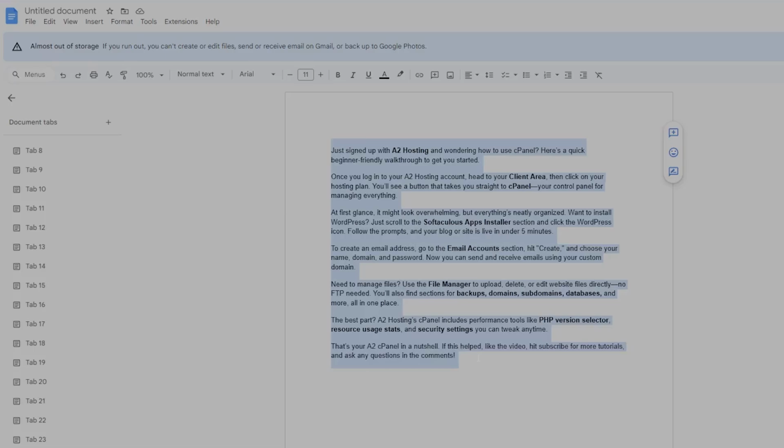The best part: A2 Hosting's cPanel includes performance tools like the PHP version selector, resource usage stats, and security settings you can tweak anytime. That's your A2 cPanel in a